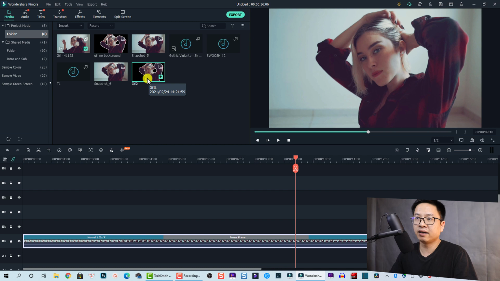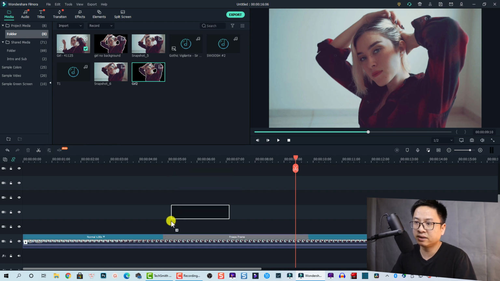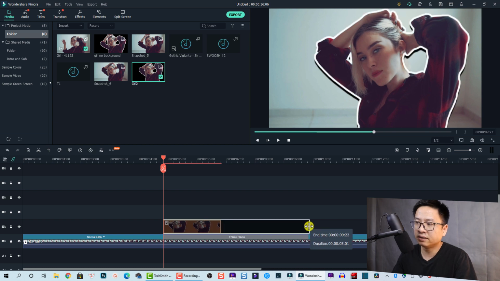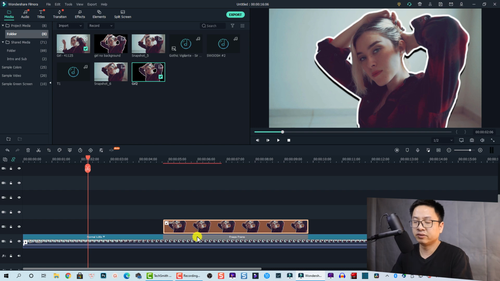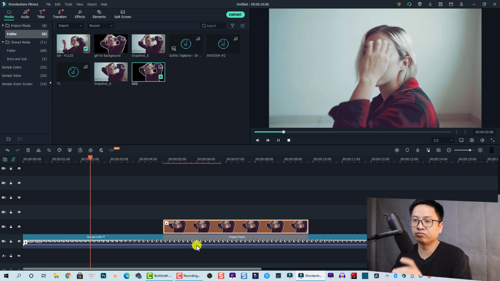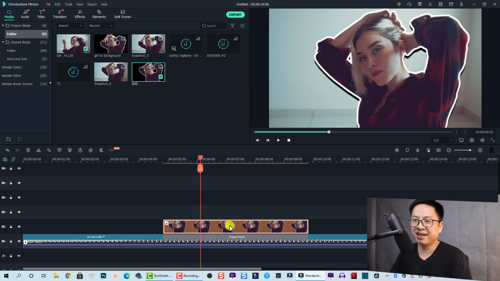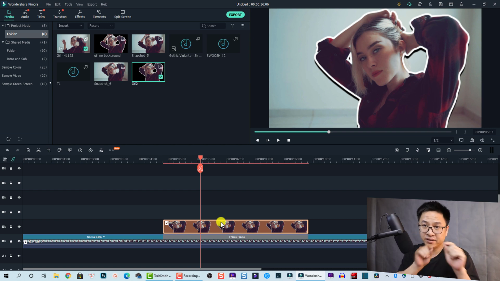So the next thing I want to do is to drag this image on the timeline at this position. We have a free frame here, remember. Okay, and drag it, extend the duration of the image to make it fit together with this. Okay, so now this is the first image we created. Play. Nice, right? So this is the first thing,